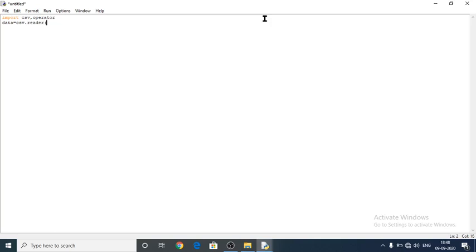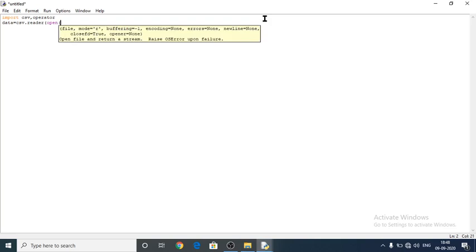This is the class which helps us to read the CSV file. Give the open function to open the CSV file, and afterwards specify the path in which you have stored your file.